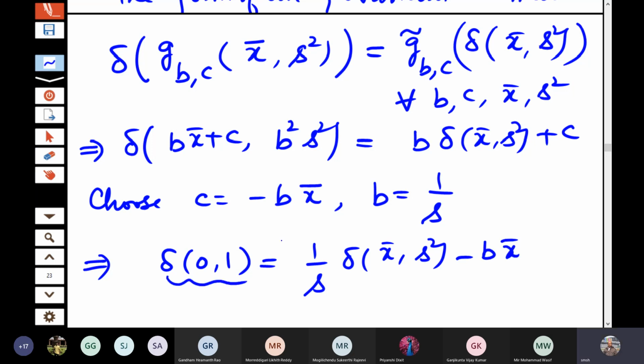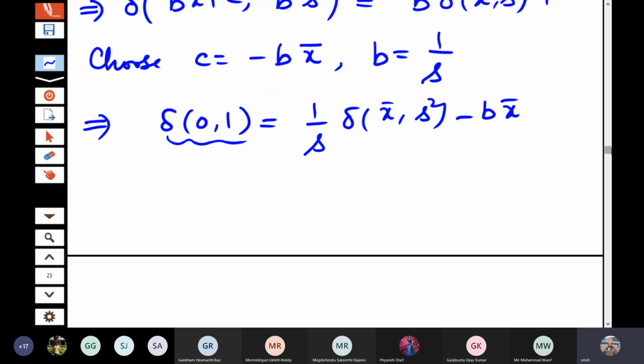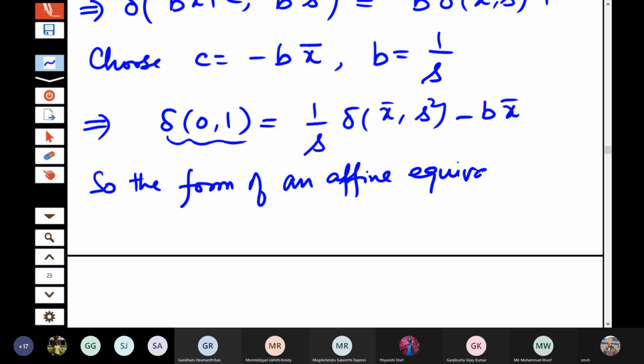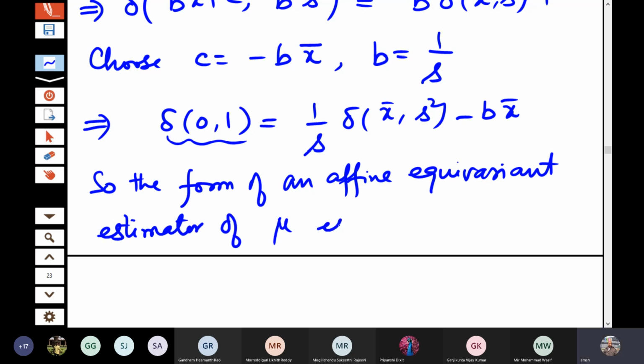So this is some constant. So the form of an affine equivariant estimator of mu is